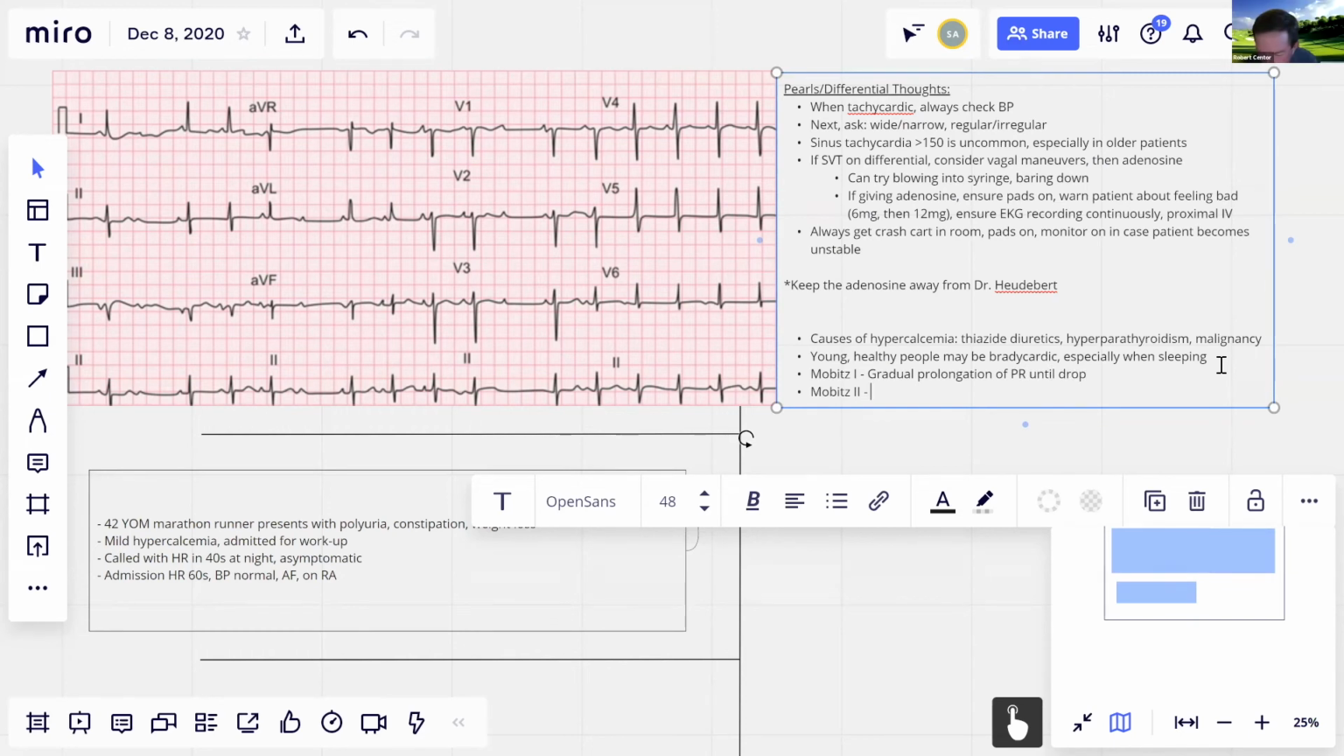So Wenckebach, I think, is the right way to say it. Did anybody find out hypercalcemia and type 2? Okay, you can get shortening of the QT interval, Osborne waves,